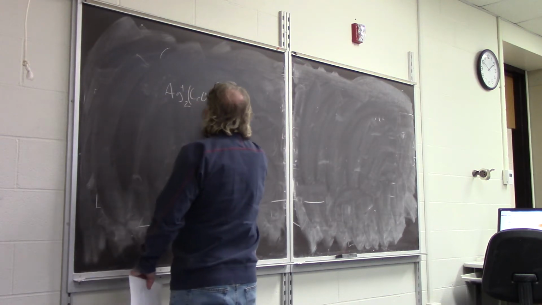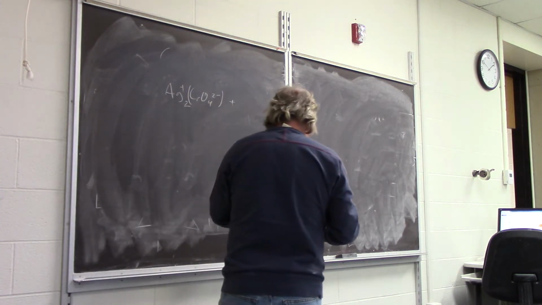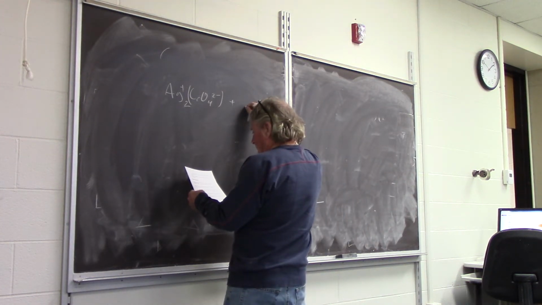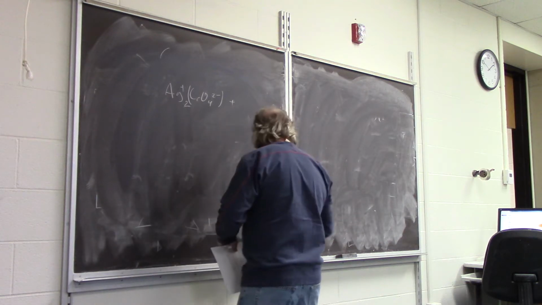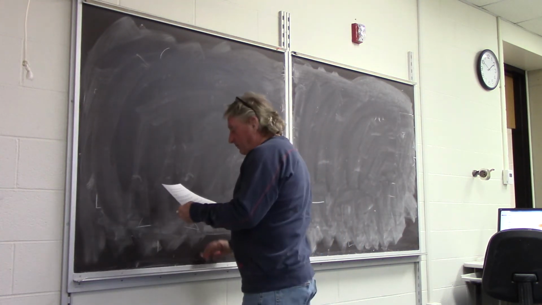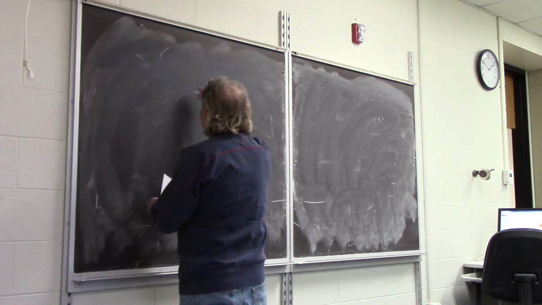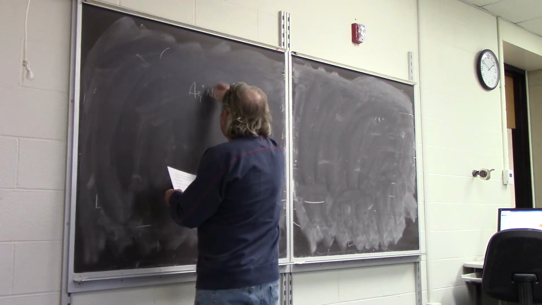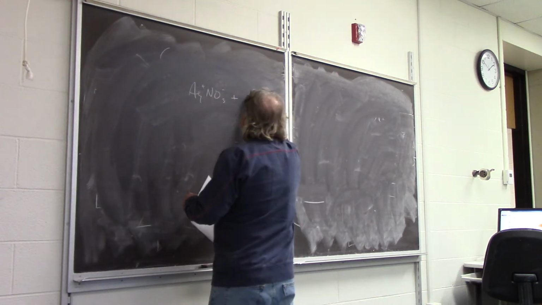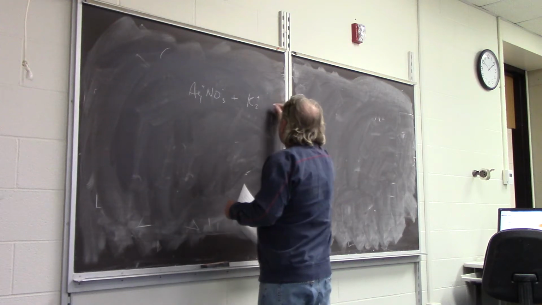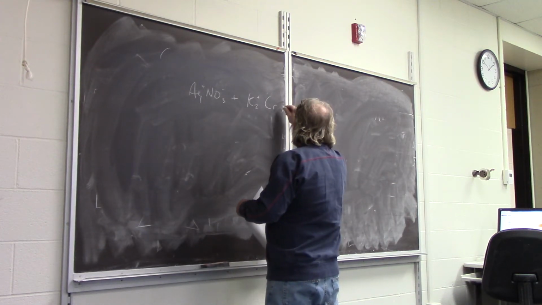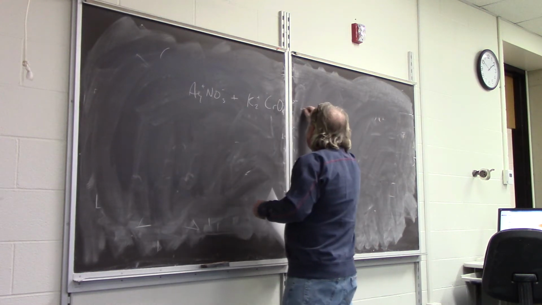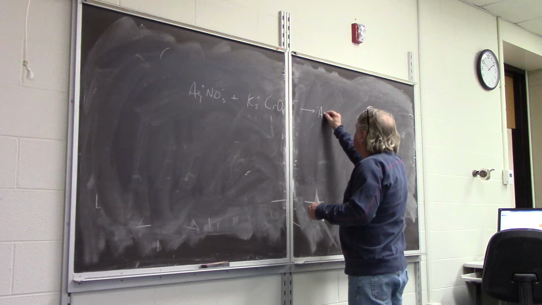So I need 2. Okay, you always have to balance the equation. So silver nitrate plus potassium chromate, and that's going to yield